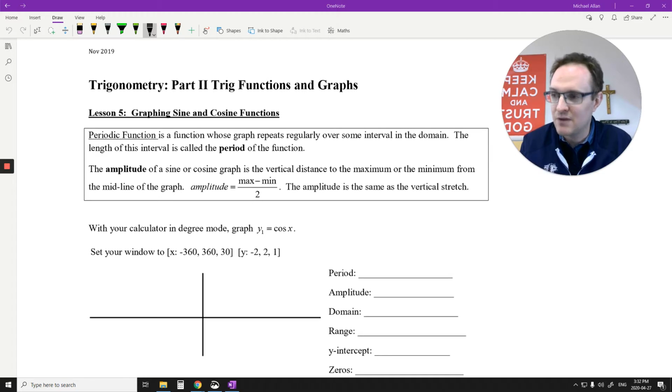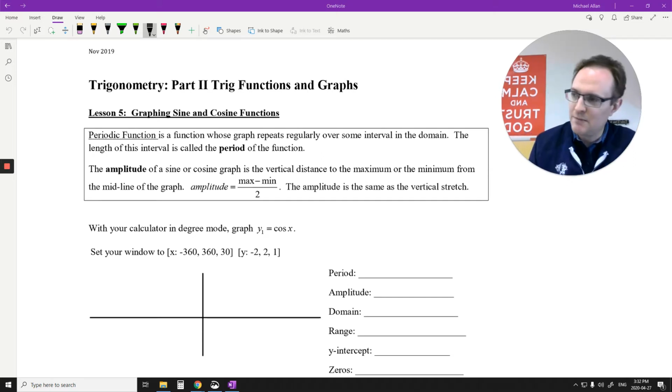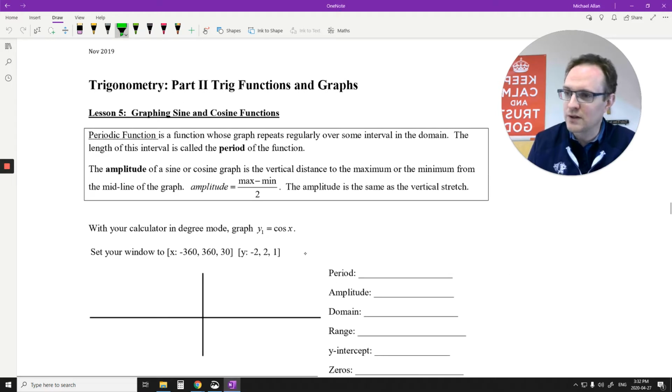So if I give you a graph, can you determine what the equation was? If I give you the equation, can you tell me specific characteristics of a graph that's periodic? Now, what I mean by periodic is a graph that repeats regularly over a certain period of time, an interval in the domain, right? So that means every so often it'll just start and repeat again, and repeat again, and